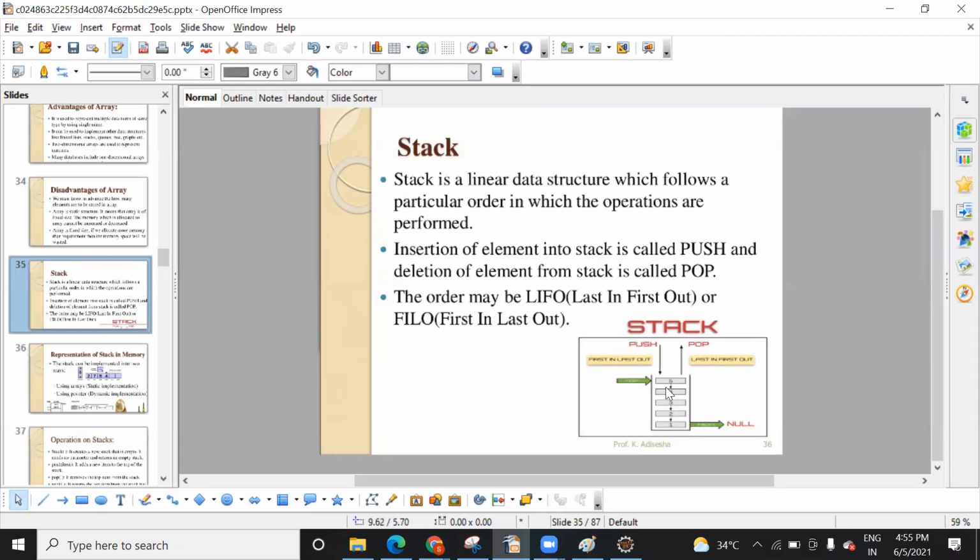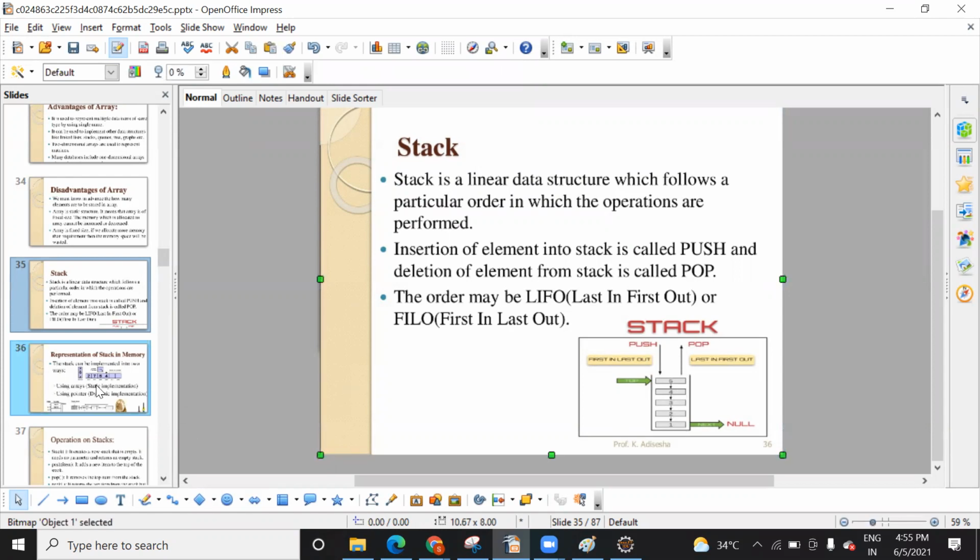And in this condition only we say underflow and overflow. Suppose you have a size of 5 and you want to insert more CDs, will it hold? No, right? That is called overflow. And suppose you don't have any CD, that is called underflow.